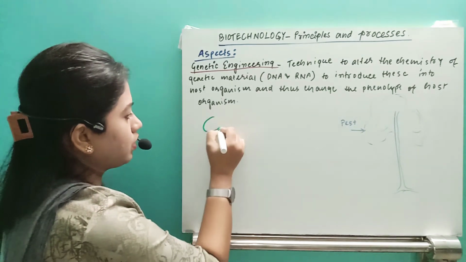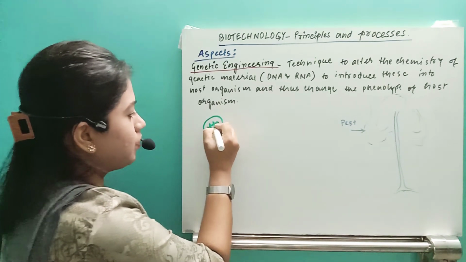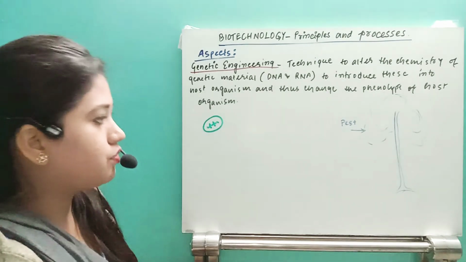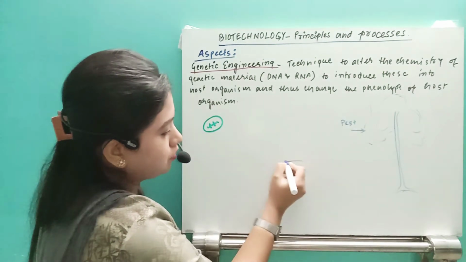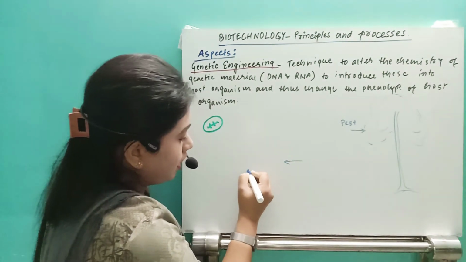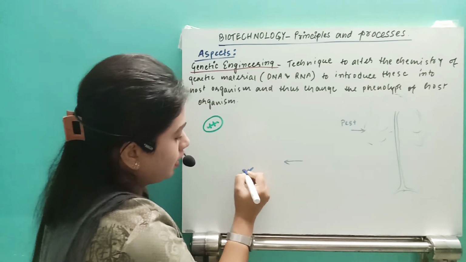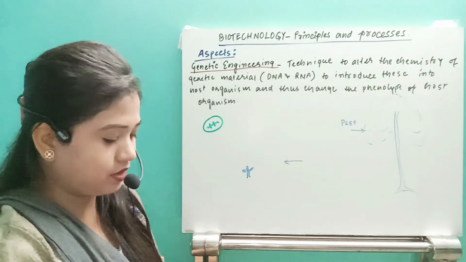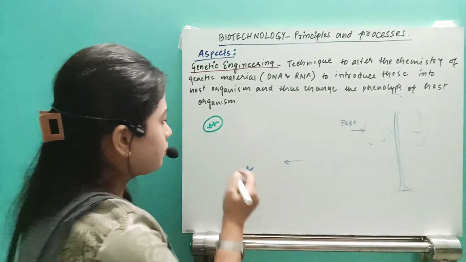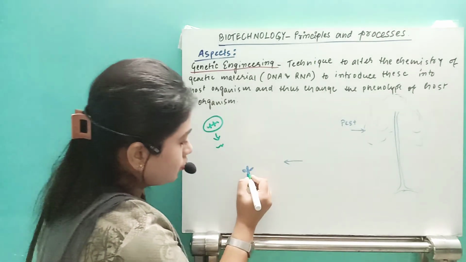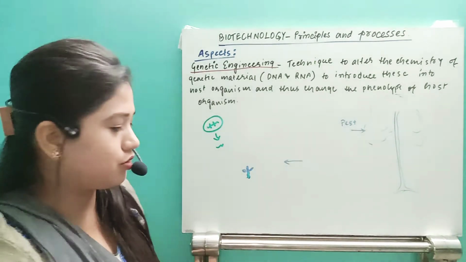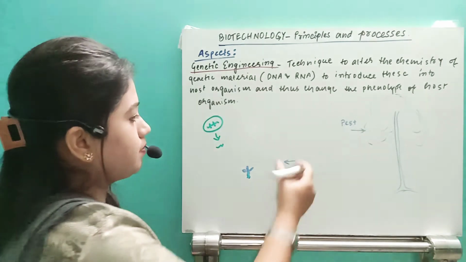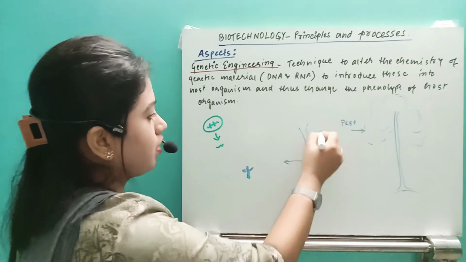Suppose this is the microorganism, and in the microorganism we have one specific gene. We just cut the gene and we introduce it into the plant sapling. Suppose this is the sapling. In the sapling we utilize that specific DNA technology and introduce that gene into that plant, into the plant sapling, so that whenever that plant will grow, suppose now this plant is growing, this